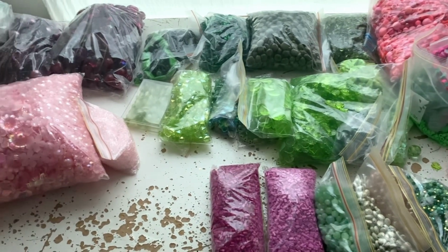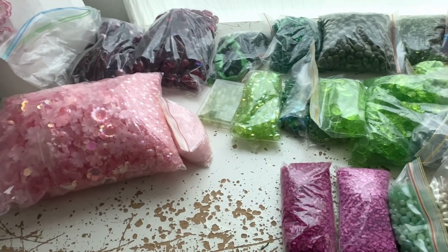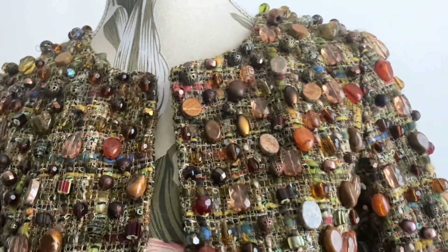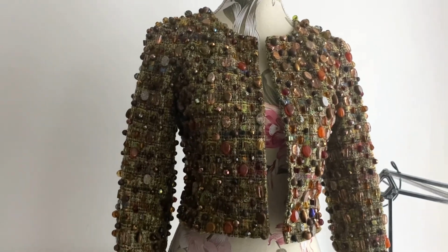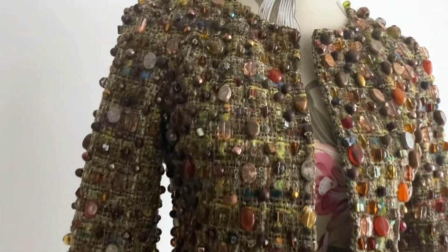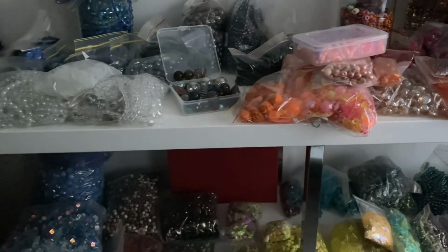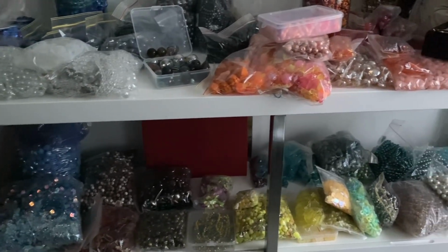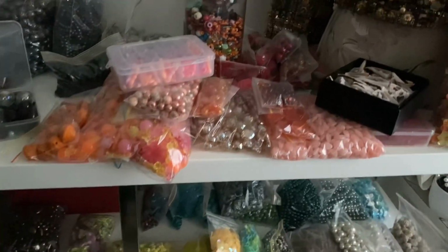But I mean, if you spend a decade or two collecting something, you're not going to use everything up in 1 year. I mean, it's just not possible, because it takes just so long to secure even one bead, let alone one whole bag of beads. So, but I think I'm making a dent in the collection. I am, because I think I did a KonMari of my beads a year or two ago when I started the channel. So at the end of 2021,